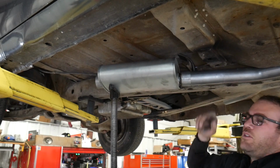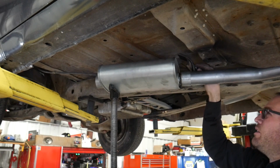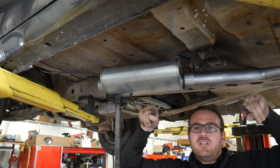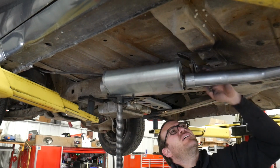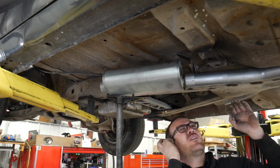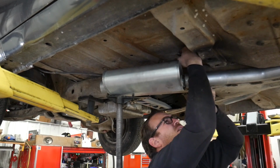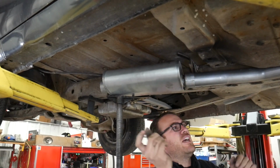In the instructions, they show this bracket with a pivoting end. This one does not pivot. It's just pushing the whole thing over too far this way, and it's causing it to hit the body. So the exhaust hanger that came in the kit may not work. It's possible that the softer one would be okay, but I may just grab one that has the turnable head